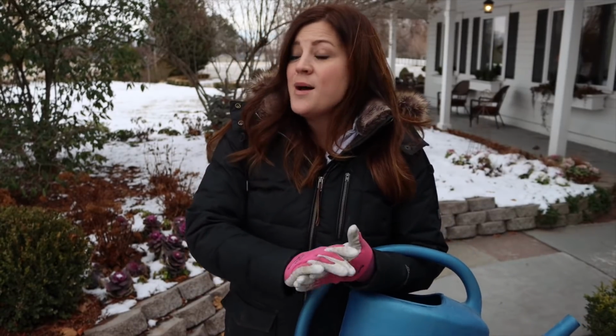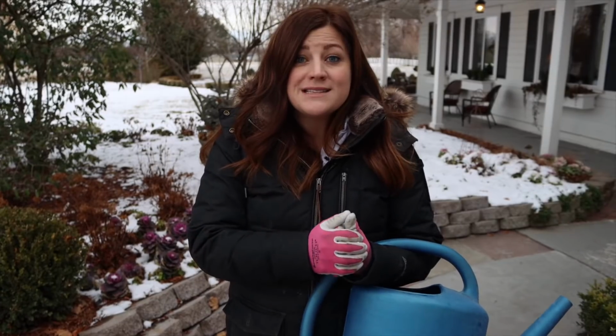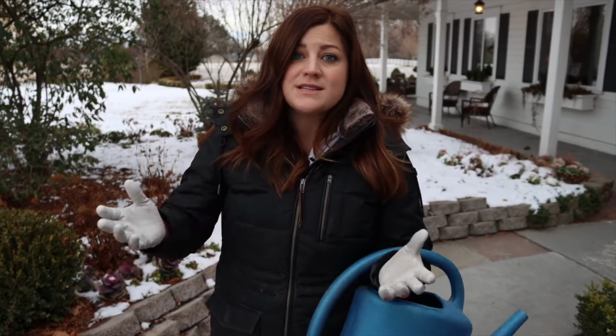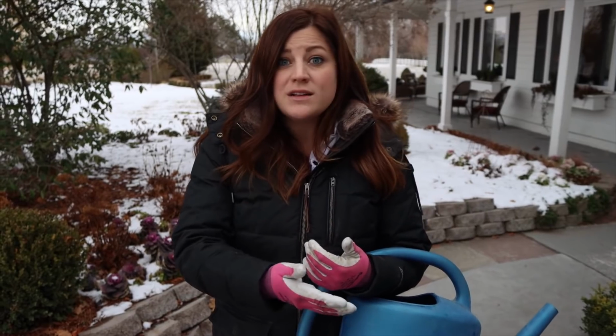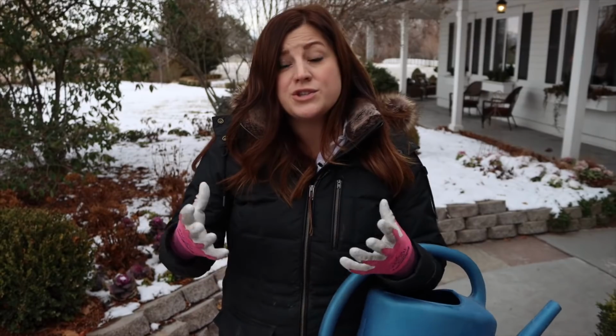Just maybe lift up the evergreen branches a little bit, look at the soil and make sure it's saturated. And then the other thing I wanted to mention is that what I was talking about today is mainly plants in containers, not plants in the ground. Plants in the ground, especially if they're established, should be fine throughout the course of a winter. If you have planted something late, like I planted some winterberry hollies pretty late in the season, and I did some transplanting late and they didn't really have a chance to root in,